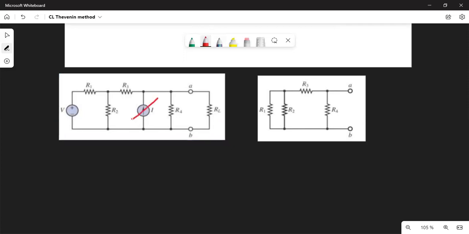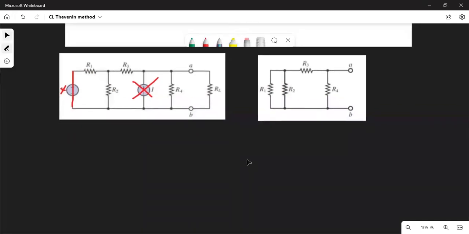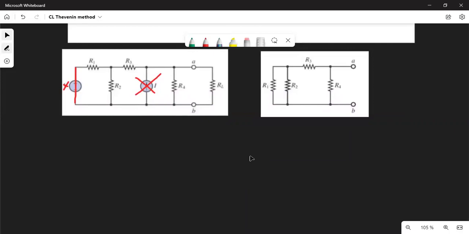So let me cross this out, and instead of V, we will just use a straight wire. So assume there is no voltage source here. This is just a straight wire. What we get is R1 and R2 connected in parallel, and the others will stay like this. Basically, in order to find other values,